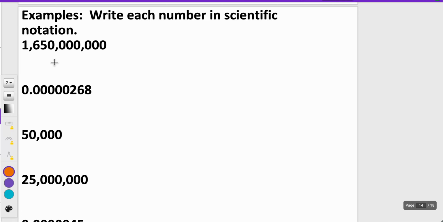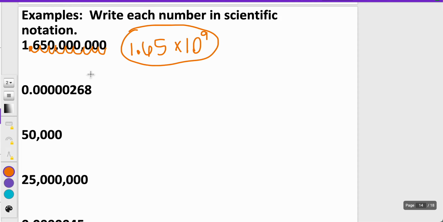So let's try it. First thing I'm going to do is find out where I should place my decimal. I want it to be here in between the 1 and the 6 because it's going to make the decimal 1.65. Greater than or equal to 1, but still less than 10 is what we're shooting for. Times 10 to the what power? Well, let's count. 1, 2, 3, 4, 5, 6, 7, 8, 9 places to the right, so that'll be 10